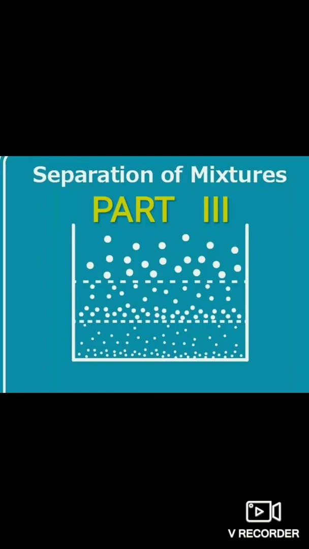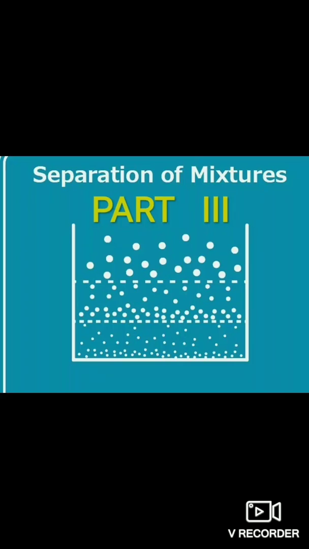This is the third video of your third chapter, Mixtures and Their Separation, from class 6 chemistry. In the previous two videos about this chapter, I told you about mixtures, the characteristics of mixtures, the different types of separation processes and their examples. In this video, I am going to explain some separating techniques with some activities.